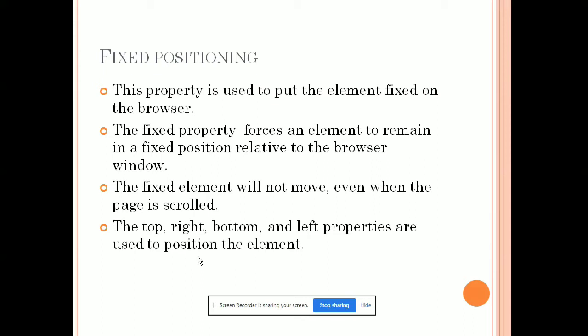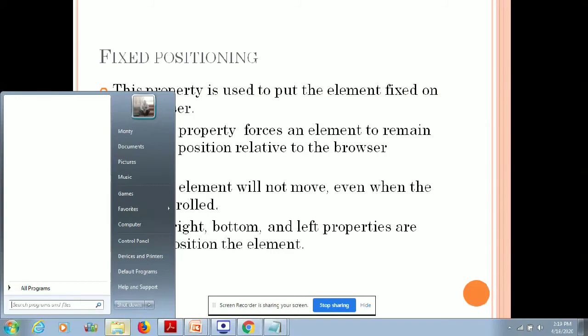Over here, top, left, bottom and right positions can be adjusted to define the position. The entire browser is basically divided into pixels. So according to that, you have to specify the top, right, bottom and left position. You can consider the browser as a grid of your graph where the top left corner is indicated as 0, 0. Okay, so we'll just go through one program related to fixed positioning.